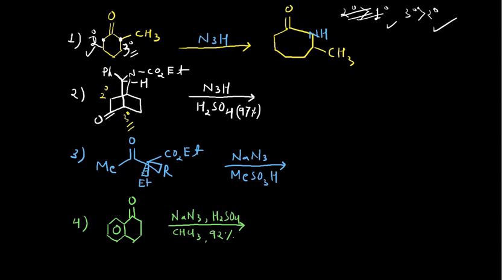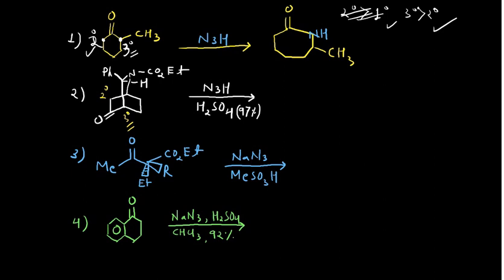Then definitely, whenever the insertion occurs, the migratory aptitude of this tertiary carbon would be very high. So the NH group will insert between this carbon and the carbonyl. If you check 1, 2, 3, 4, this becomes a 5-membered ring, and that ring will have 1 nitrogen. So how can you write the product in that case? Let me write the product in that manner.